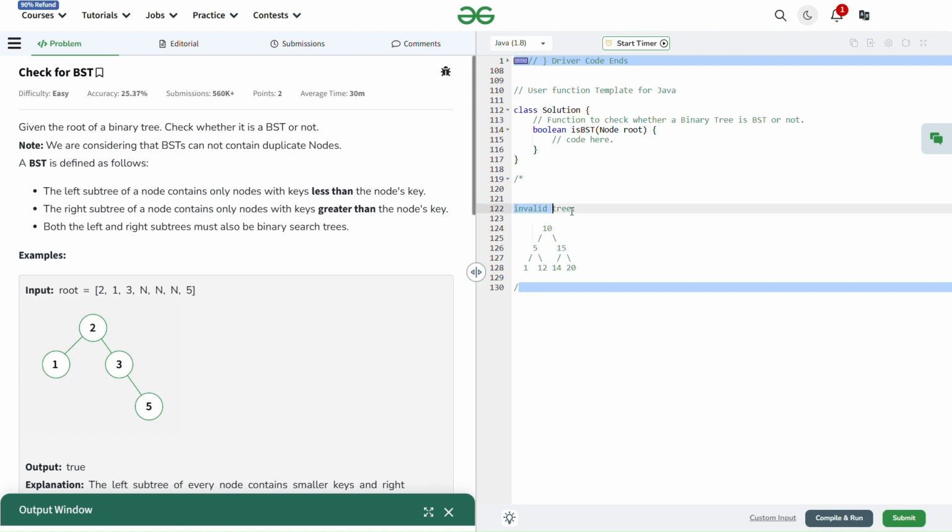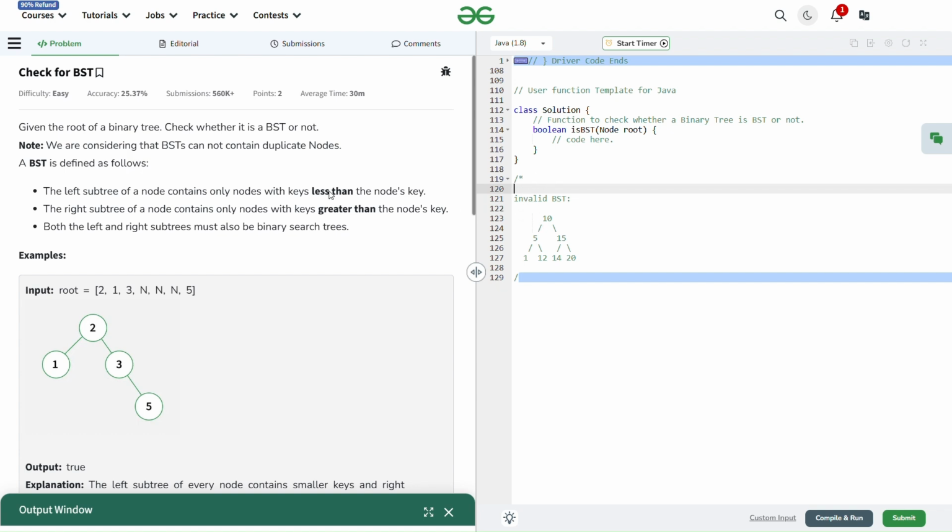the statement? The left subtree of a node contains only nodes with keys less than the node's key, which means all these nodes, this 5, this 1, and this 12, must be smaller than 10 because they are part of 10's left subtree, and this is an invalid BST, right? How to code it? This method has failed, right? We just thought that we will simply check the left and right children, and if they are valid, we will make a recursive call for the left subtree and right subtree, and this way we will solve it, right? No, this is wrong. So let us come to the correct solution,